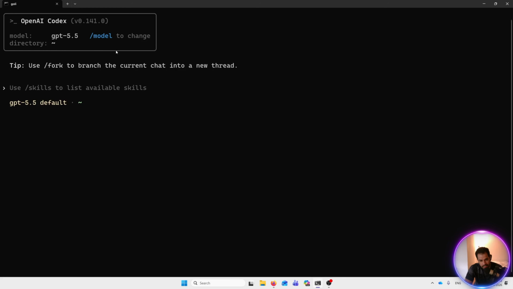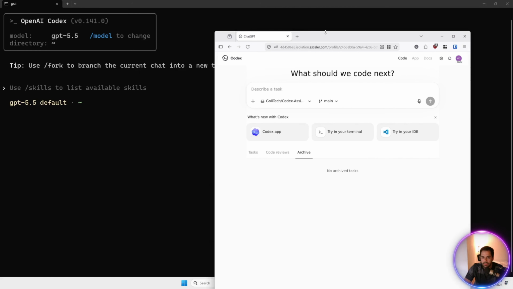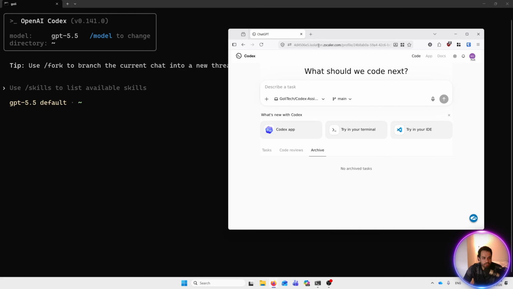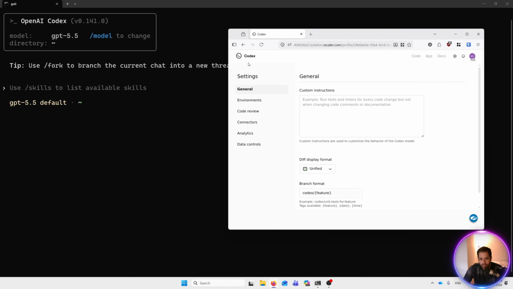So now let's see how we can give it access to our GitHub, right? So let me open my GitHub page as well, or first we can bring my Codex. So here, this is Codex web, so it's chatgpt.com/codex, but you can also download the application, yeah. So this is the environment, and here you see I already have my GitHub there, but if you don't have it, you can click here and add any upload or attachment. But if you want to add any GitHub, you can click on Codex itself, and now on settings here,